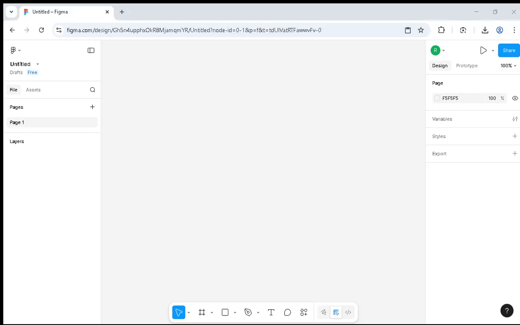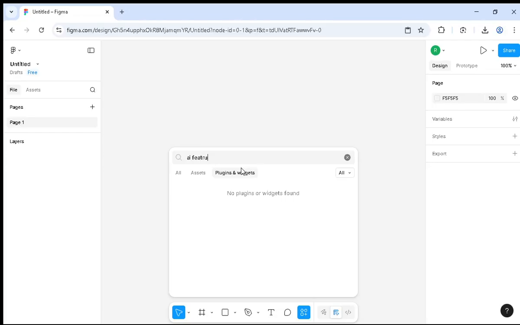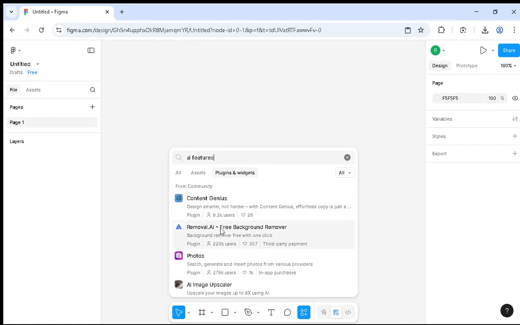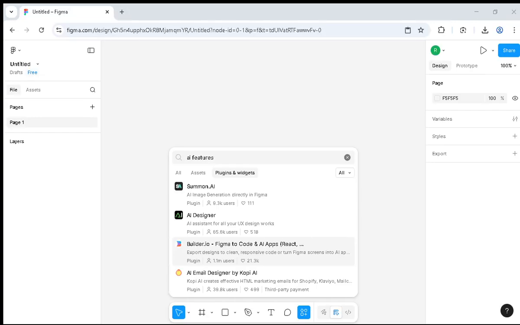So first of all, what you're going to do is start to click here on AI features, and then as you can see, you can start to have AI features like removable AI, photos, connect, content, genius, anything that you want to do is really related